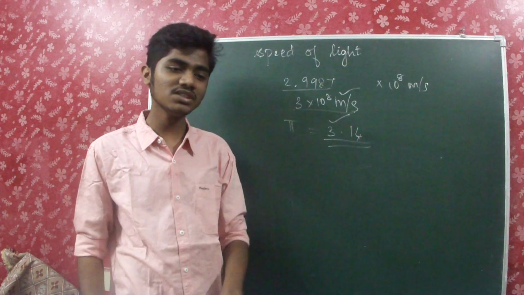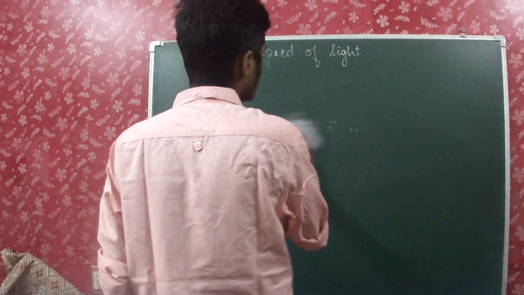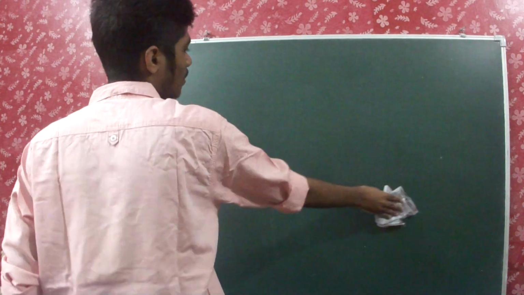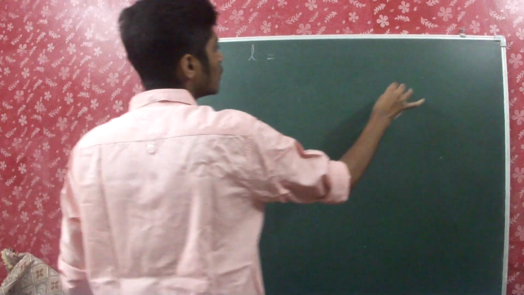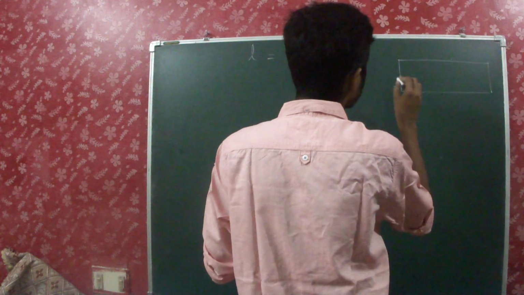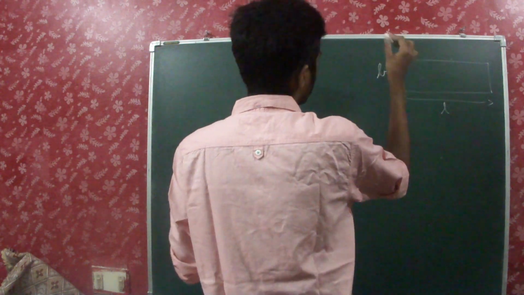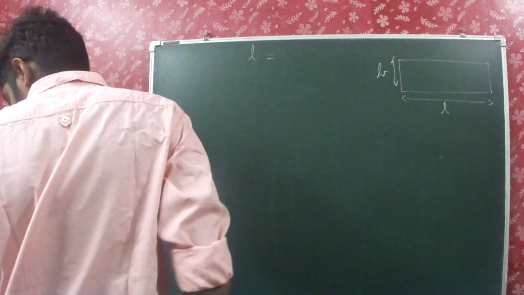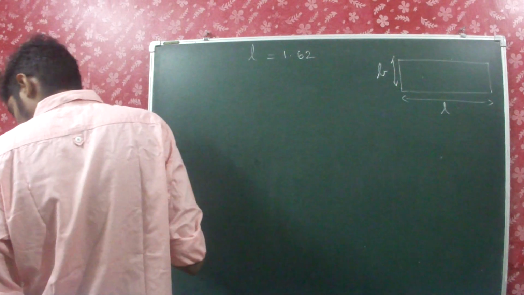That's why we round off digits to make our calculations easier. Okay, so now we have to learn some basic rules in rounding off. So if I take the length of a rectangular sheet, and this is the breadth, so if I take the length of a rectangular sheet to be 1.62 centimeters,